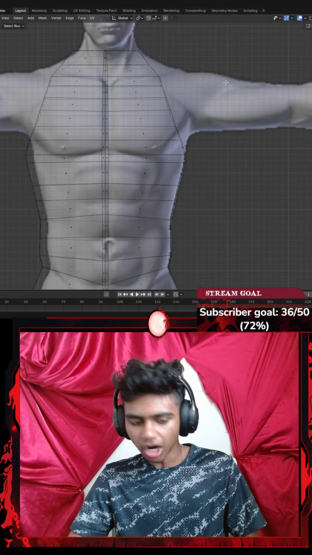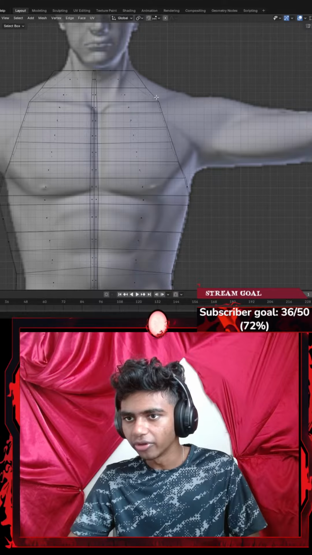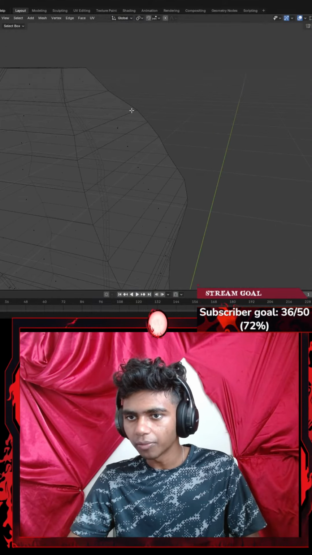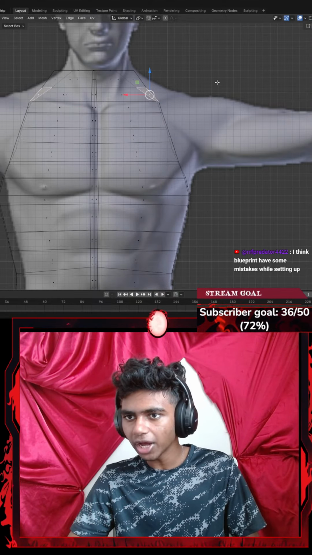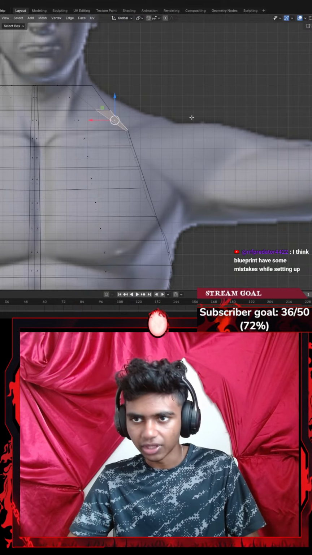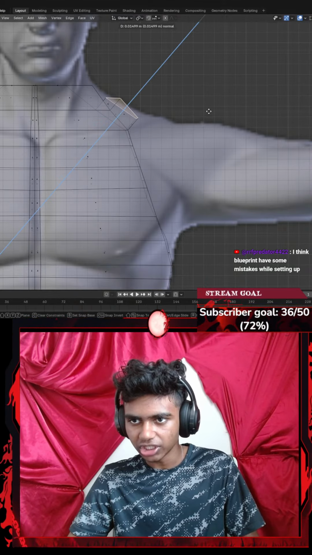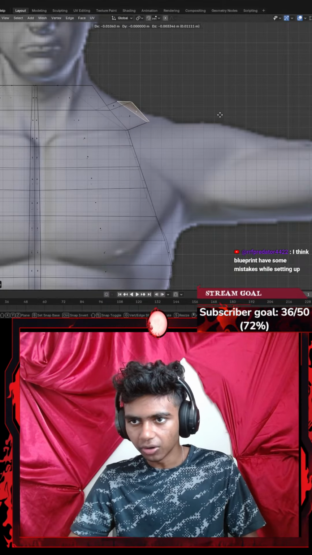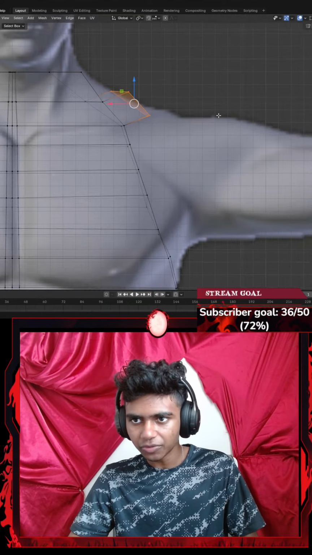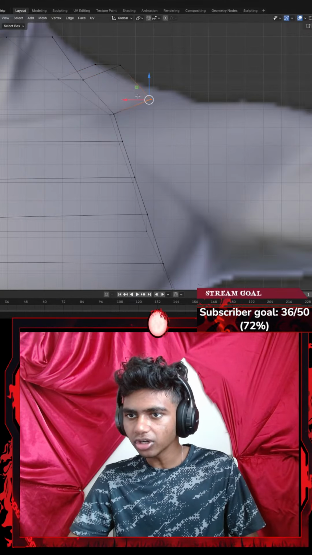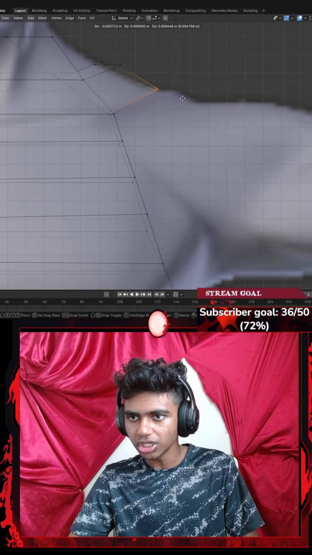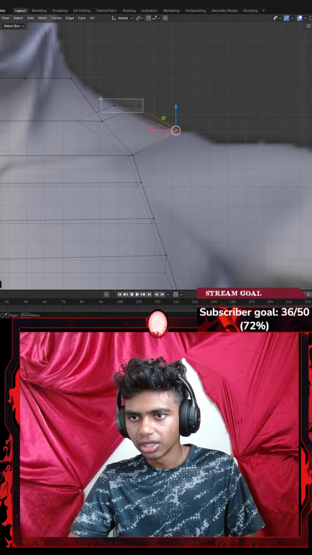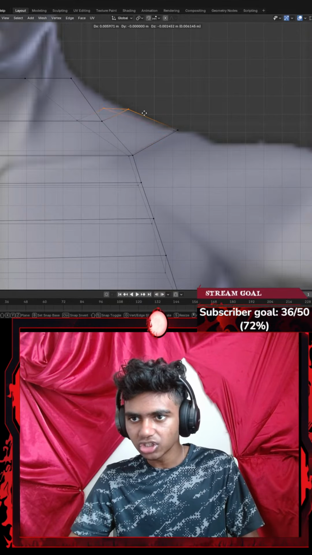So my arms, it starts. First, I might actually go with this part. Okay, so I'm gonna go ahead and select this. Go back to my y-axis. Actually, E to extrude and then G to position it. There we go. Okay, and then I'm gonna go with 1 for vertices select. I'm gonna select this part. Go with G. Adjust this a little here. Let's select that part. Go with G.